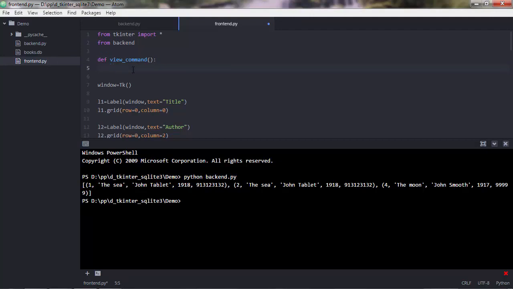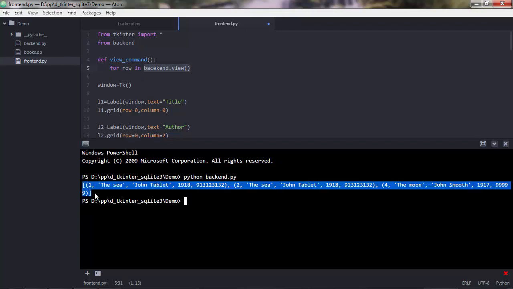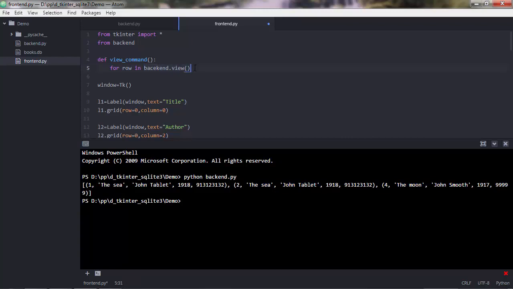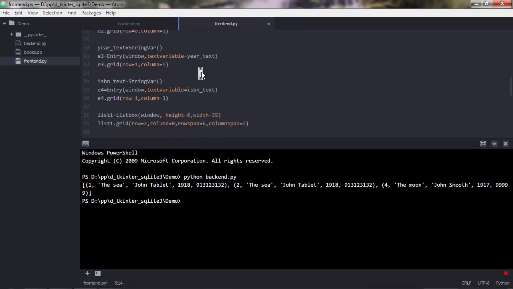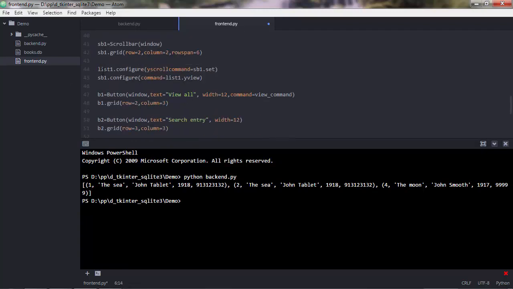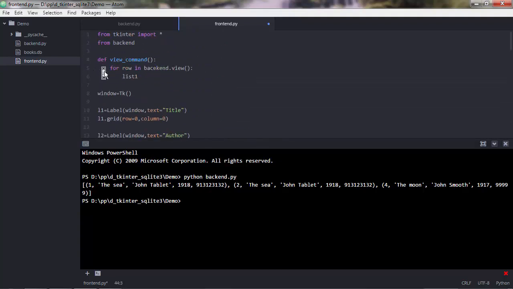So that would be for, let's say, a row in backend.view. So this is actually this list here. So this is actually an object, and a list object. And then list1, I believe that's how our list box is called. So yeah, it's list1. That's a variable holding our list box. Dot insert,